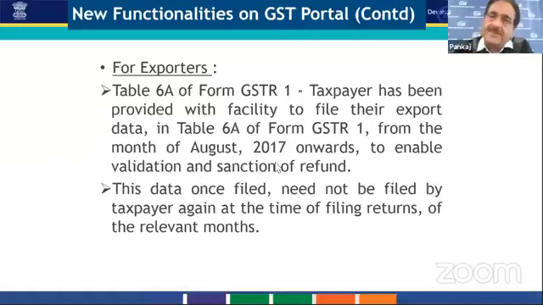So this functionality will be named as table 6A of form GSTR1. Even if you have not filed the GSTR1 for the month of August and onwards, if the taxpayer has paid the tax on the exports, then this functionality is available on the return dashboard. The taxpayer can access their return dashboard at the GST portal, and for the month of August and onwards, they have to fill up these details.